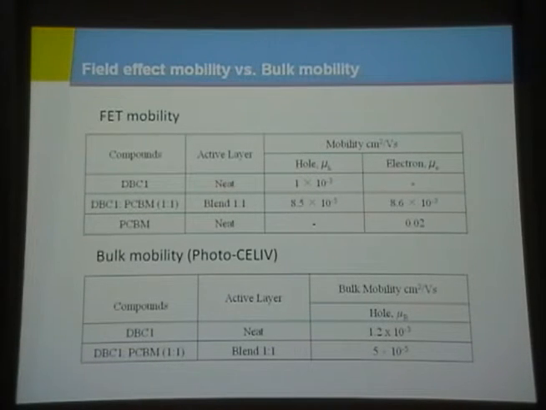And now compare with the bulk mobility measurements. So neat is about 10 minus 3, and the blend is about 10 minus 5. And we think it's the hole mobility, because we are measuring one of the slowest components, which is quite comparable to the electron mobility and hole mobility measured by FET and that of the bulk mobility. So in the case of blends, there is a correlation between the bulk mobility measurements and the FET measurements. And we think that this is still valid in the case of bipolar transistors. Now coming back to the solar cells,